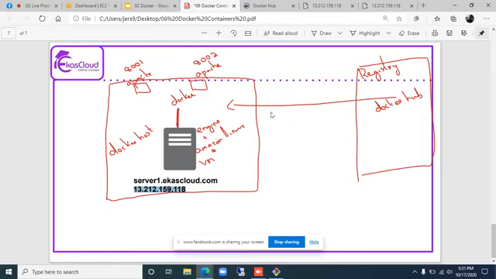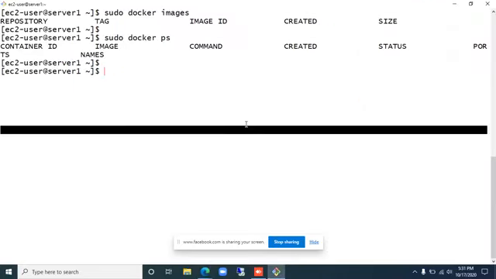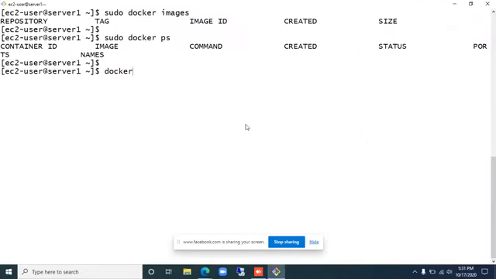Like I said earlier, containers are faster to deploy. Just by running one command, it is possible to run one or multiple containers, but I'll be doing it one by one. I'll use a command called docker run -d. -d indicates running the container in detached mode, which means it should not be attached to the command line.